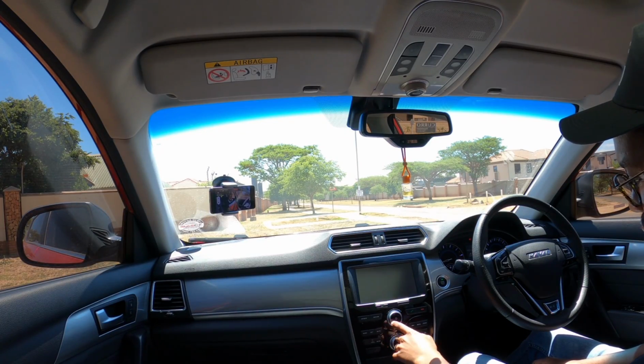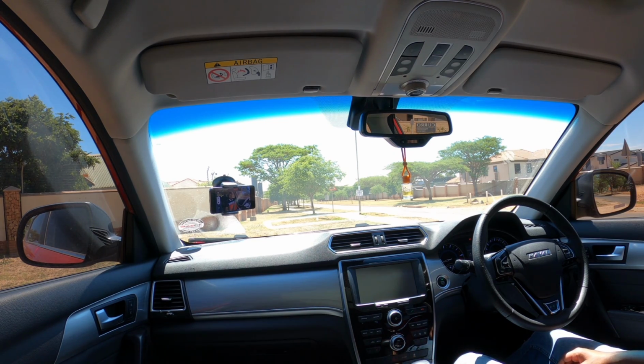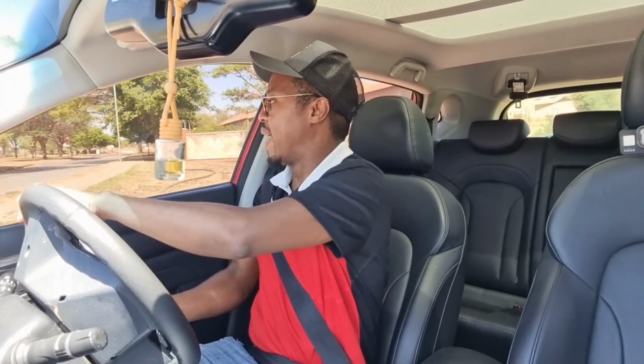Let's turn off this aircon before we hit the road. So yeah, just a few things that I think you might be interested in is how is it holding up mechanically, right? Mechanically. Yeah, when it comes to the engine,